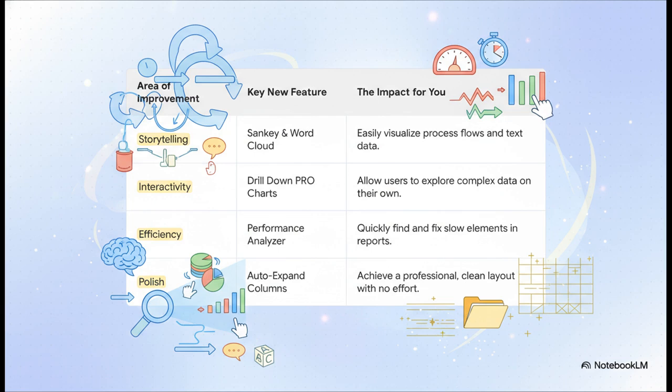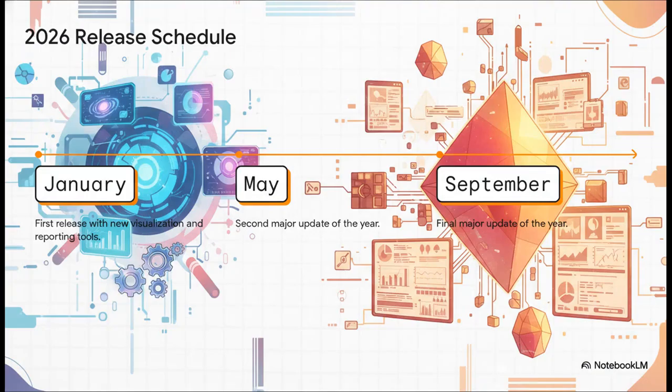The big takeaway here is that every single one of these upgrades is designed to solve a real-world problem that we as report creators actually face. And the best part? This is just the beginning. Don't forget, Microsoft drops these major updates for Power BI Report Server on a super predictable schedule: January, May, and September. So you can bet there are even more awesome capabilities coming down the pipeline throughout the year. It's definitely something to look forward to.